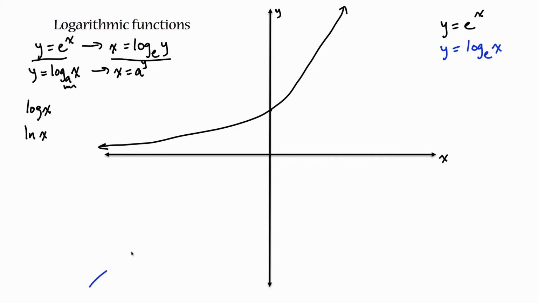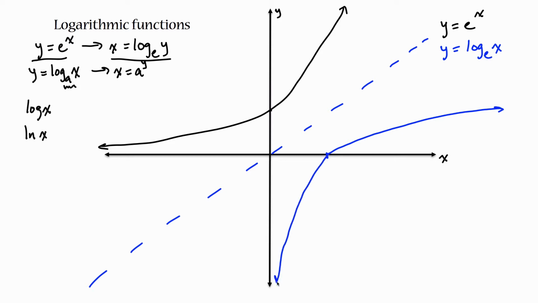The inverse of any function is a mirror reflection across the 45 degrees y is equal to x line. So instead of going through 0, 1, the logarithmic function goes through 1, 0. So the log of x, log base e of x, goes off to infinity very, very slowly, and asymptotes down towards y is equal